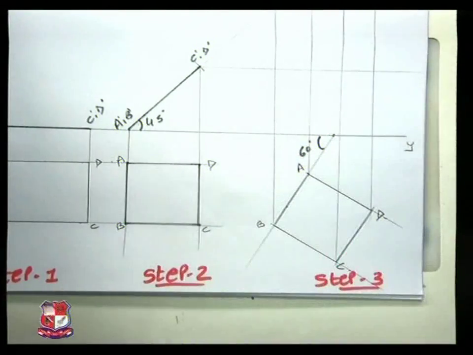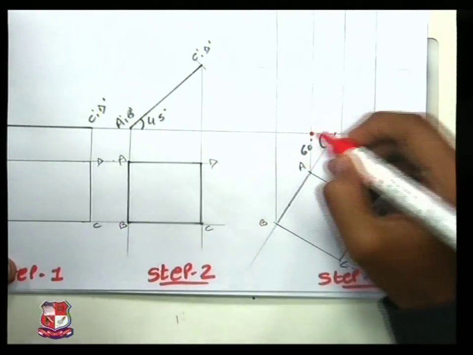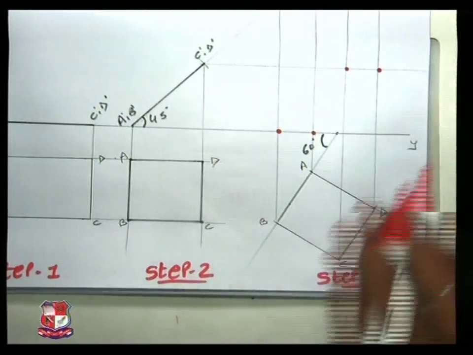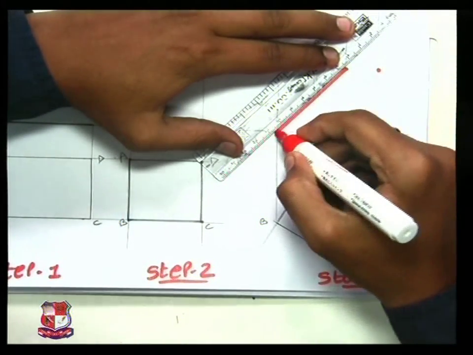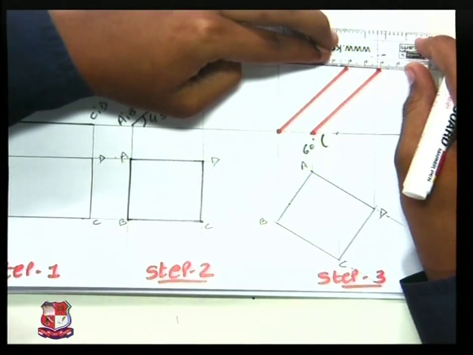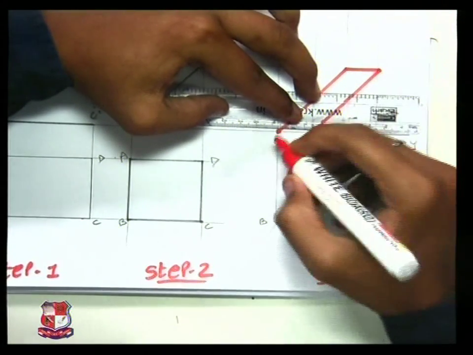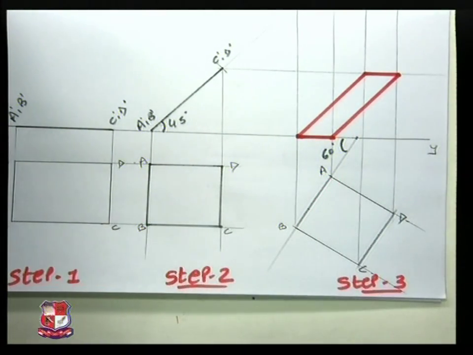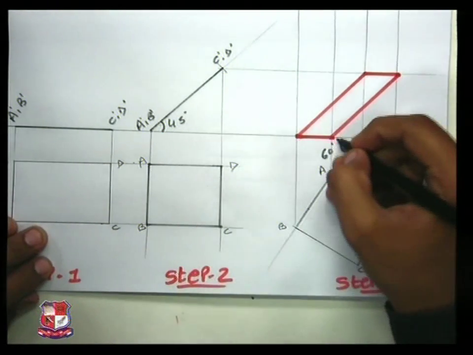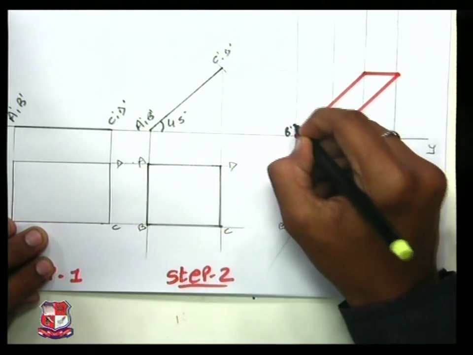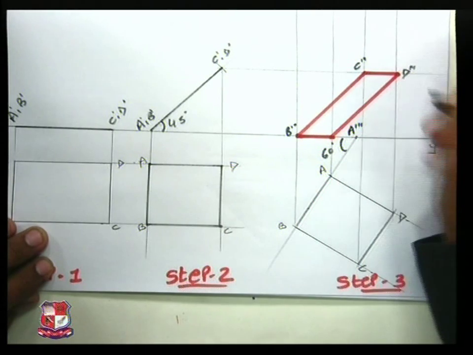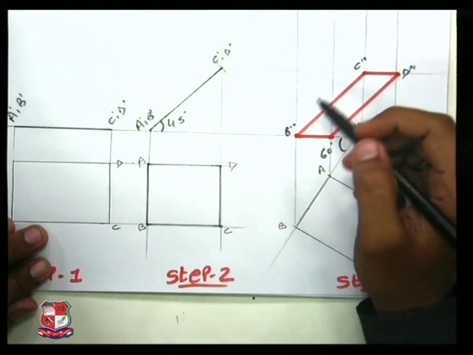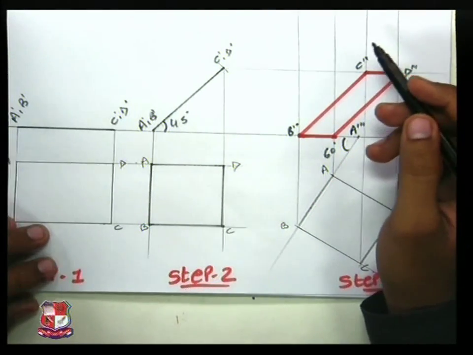Now join the corresponding points, A to A, B to B, C to C and D to D, like this. This plane will look like this. This 60 by 40 plate will look like this when both the angles have been implemented. This is A triple dash, B triple dash, C triple dash and D triple dash. When the angle with VP of 60 degrees and the angle with HP of 45 degrees are implemented, this is how a 60 by 40